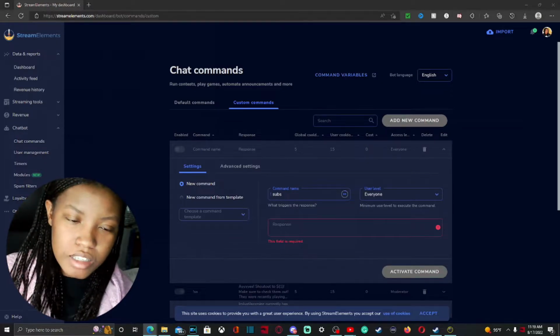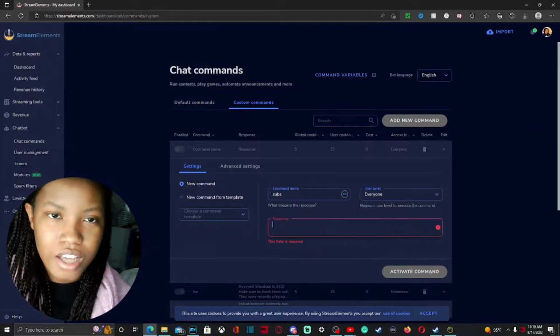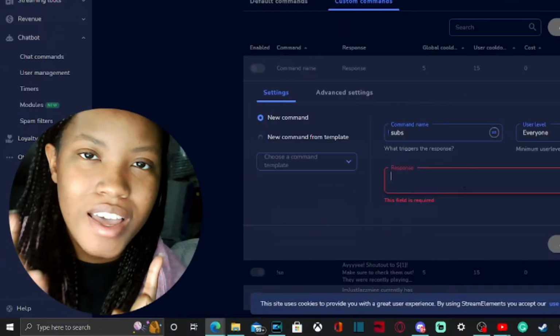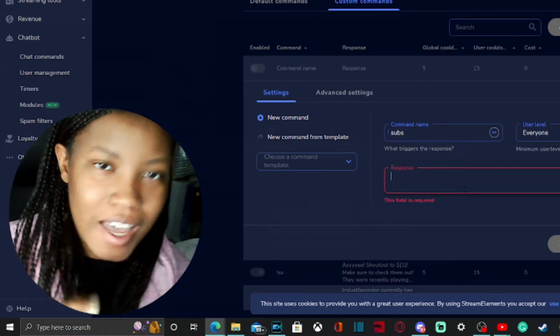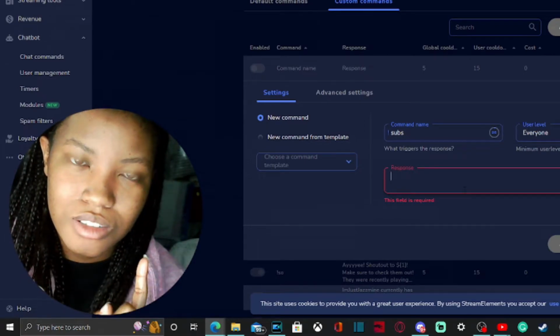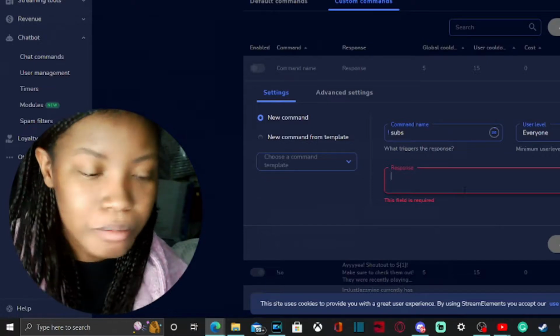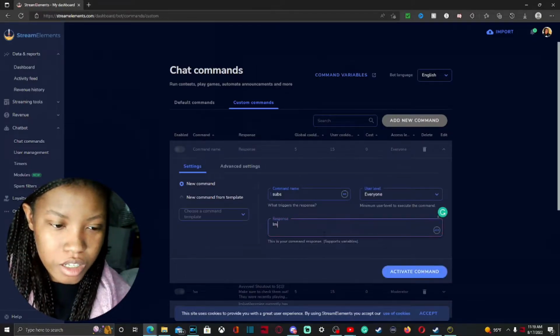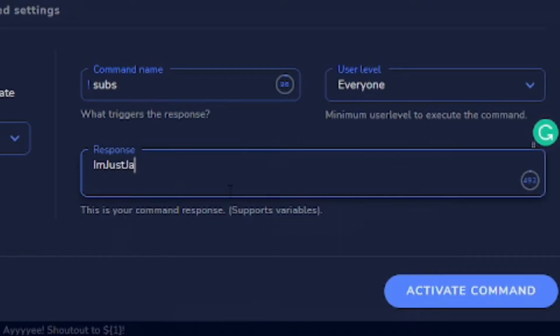And for the response message, you can edit this how you want it, but you want to make sure that you have a specific code in here, and I'll have that typed down in the description box just in case you want to copy and paste it. So check that out. I'm just going to keep it simple. I'm going to put I'm Just Jasmine, which is my Twitch channel. I'm Just Jasmine currently has,